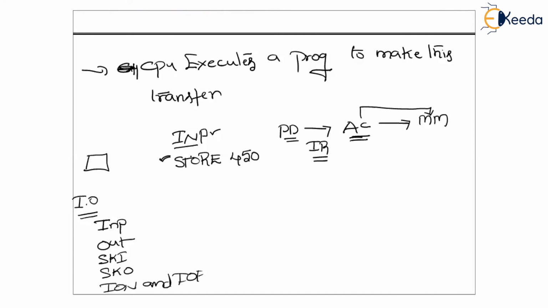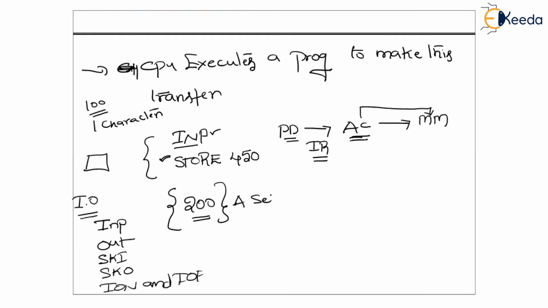Okay. Now, this set of instructions, that is INP and store, will transfer one character, right? How many characters are typed? Let us say 100 characters have been typed by the user. So CPU should execute 100 into 2, 200 instructions. A set of INP and store for every character transfer requires 2 instructions. So 100 characters are needed to be transferred. Each character requires INP and store. That means that 100 into 2 is equal to a set of 200 instructions.